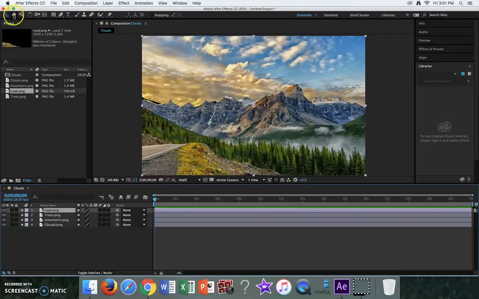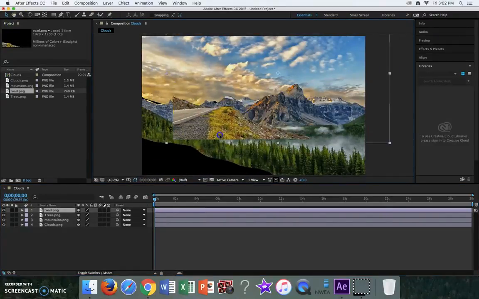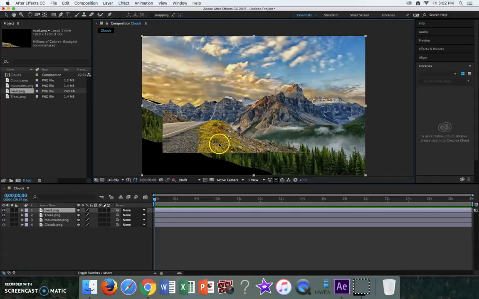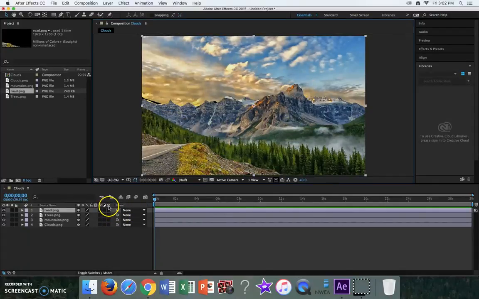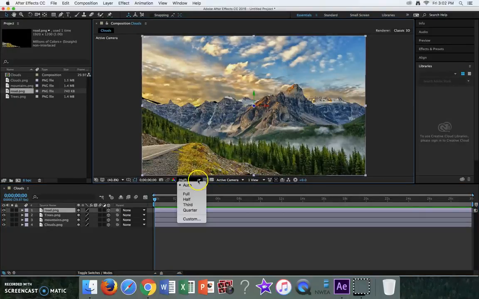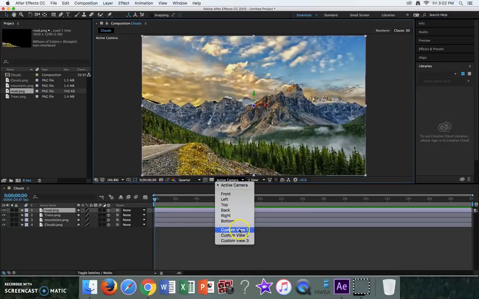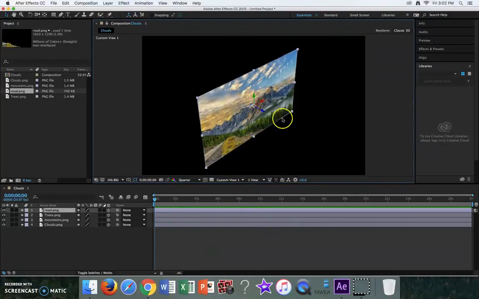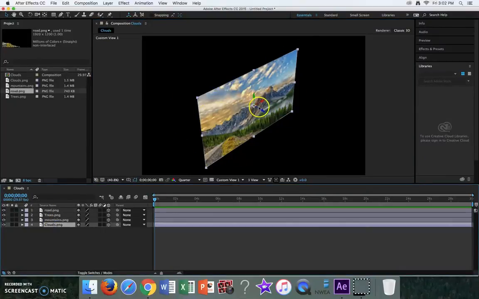So right now these are all two-dimensional layers that you can move around. But if you want to create depth, you have to turn them into 3D layers, which is these check boxes over here. So turn those on. And now if we change our view to custom view 1,